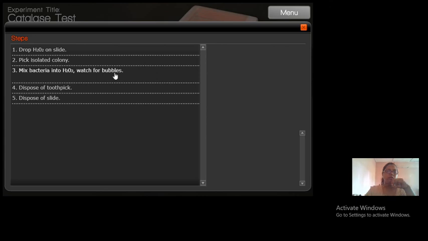So these are the things you should keep in mind while doing the catalase test, and you must always run controls, a positive control and a negative control, before you interpret the test results. That is very important. Just running the test organism is not the right way of doing it. You must use a positive control and a negative control, and only when the results of the controls are satisfactory can you interpret the result of your test organism.